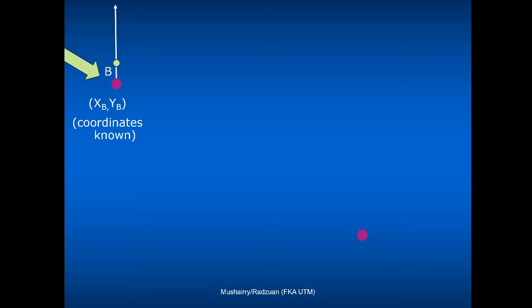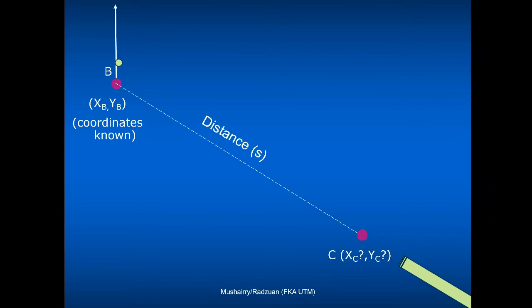and at the same time at the bottom of the screen there's another point, point C, whose coordinates are not known, x_c and y_c. So the idea now is to determine the coordinate of C based on what we have at B. At the moment we have the coordinates of B, x_b and y_b. So if I were to measure the distance from B to C, let's call it S, and measure the